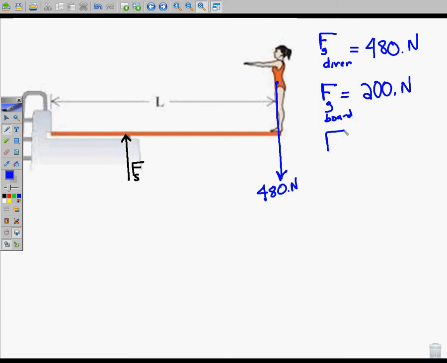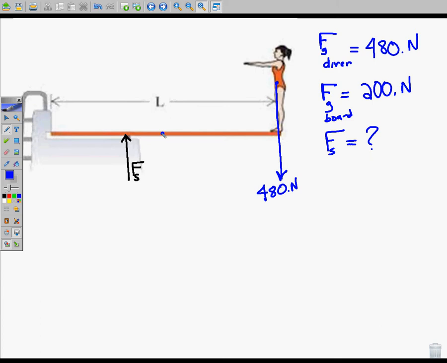And we're trying to find that supporting force. Now, of course, some of the weight of the diving board is acting over here, pulling down. Some of the weight is acting here, pulling down. But some of the weight is acting here, pulling down. But we could simplify the whole problem by letting all of the weight of the diving board act where? At its center. So, right here at the center,